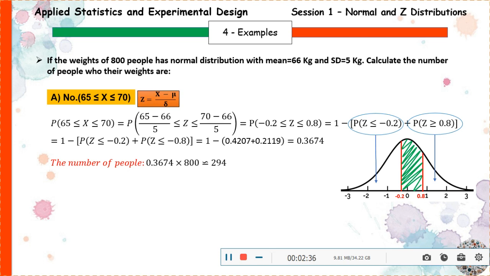And as you know, because our distribution is symmetrical, the probability of z scores equal or more than 0.8 is equal to the probability of z scores equal or less than minus 0.8. So if we calculate this, we will have this one, and finally we will have